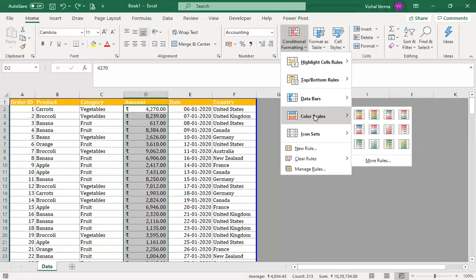For example, the more the sale, the more people are happy, so we can put it as green as the happiest, and the boss becomes very angry if the sale is less. So the sale that is less, lesser than salary, will be red.